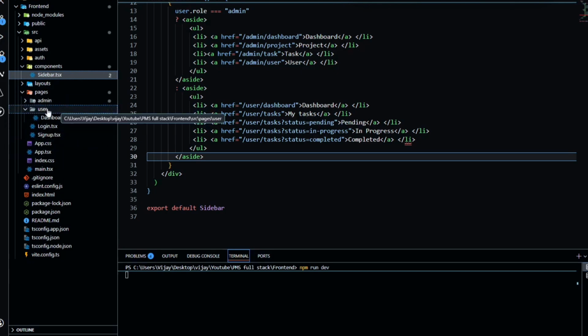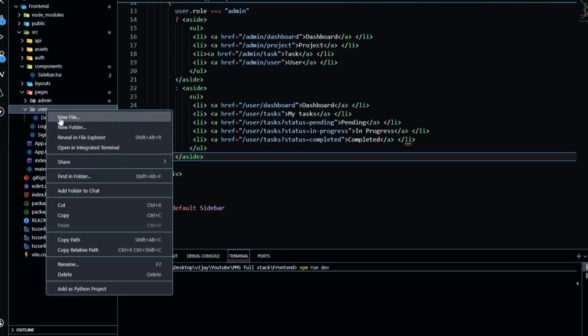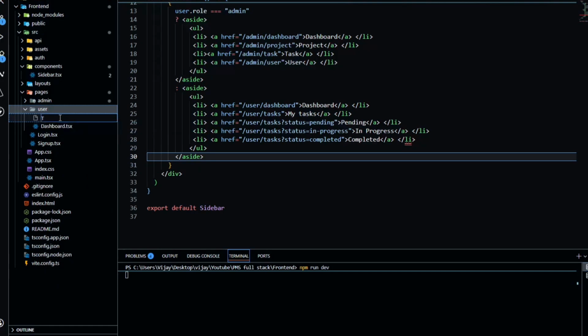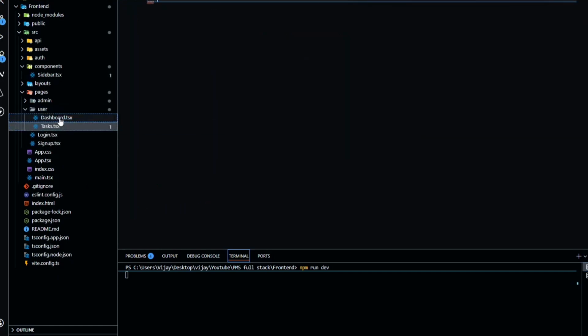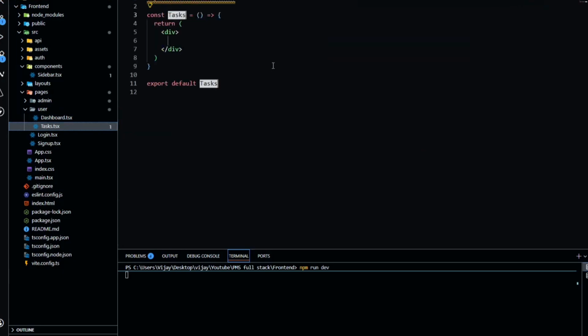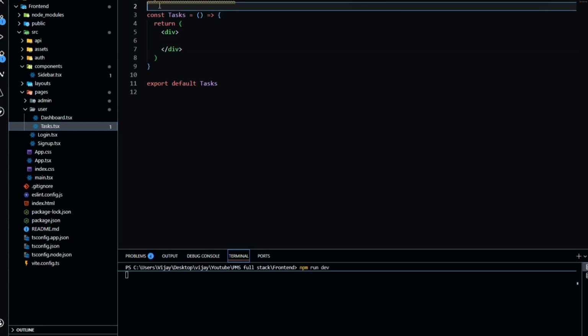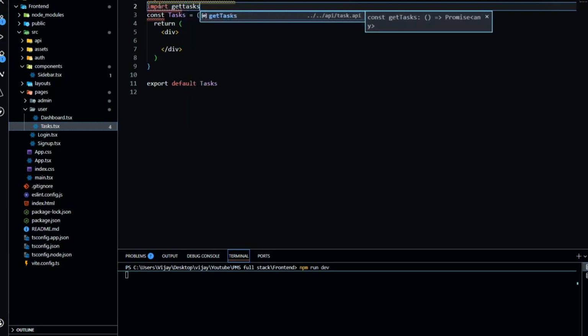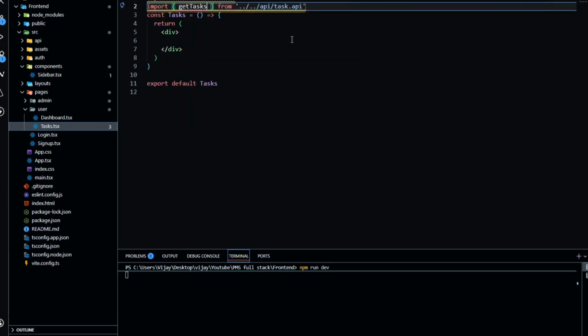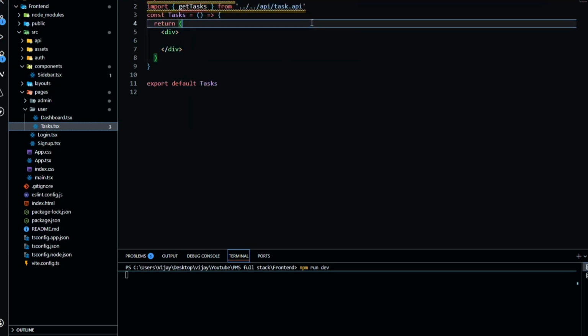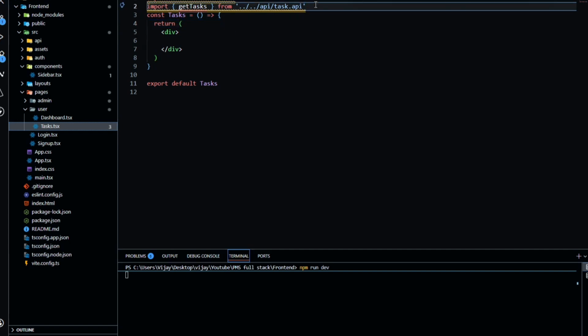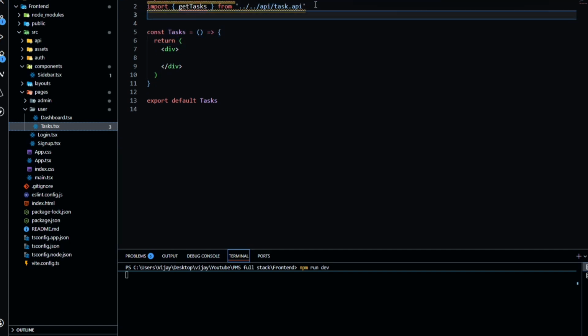pages. Inside the user, we are going to create new task.tsx. Here we are going to write a snippet of React, then tasks. Then we are going to import the task API, get tasks, which we have created in the API tasks.api. So we will use that on this, and we are going to import